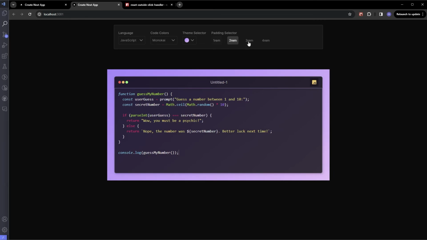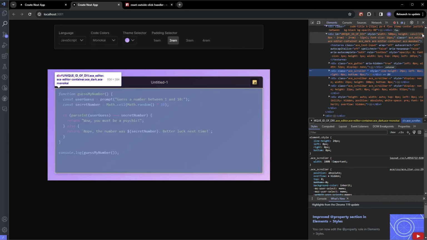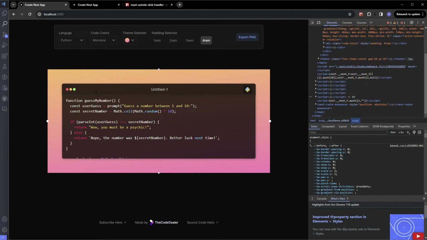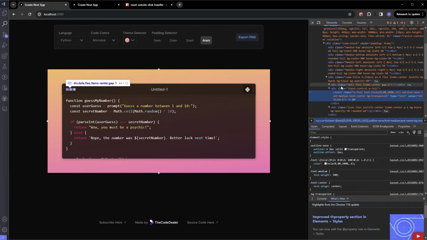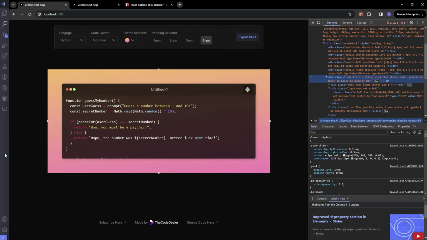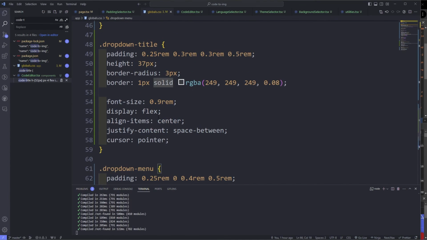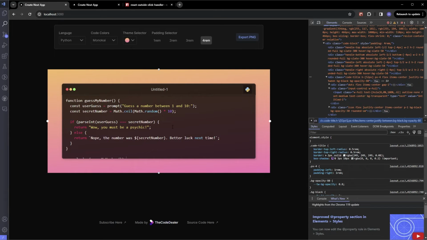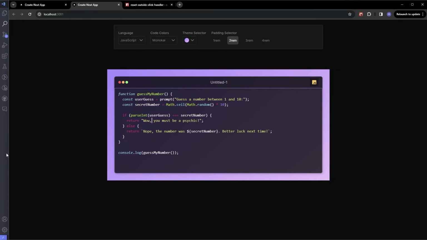Okay, so now what's mainly left is to export this as an image, but let's inspect here. Scroller border. Let me check. Okay, so this is the input control. So code title. I'm going to check something in the code title. So with border, this is the border. Oops, there's another border here as well,